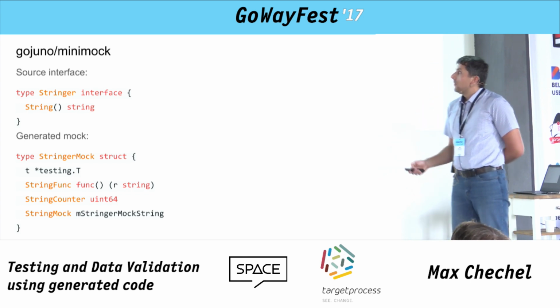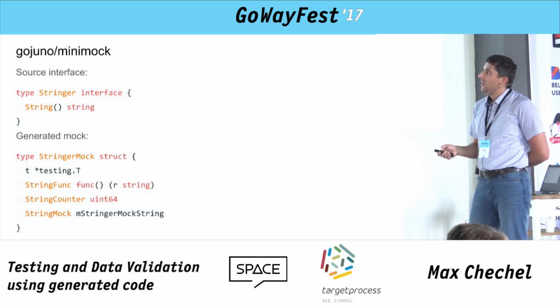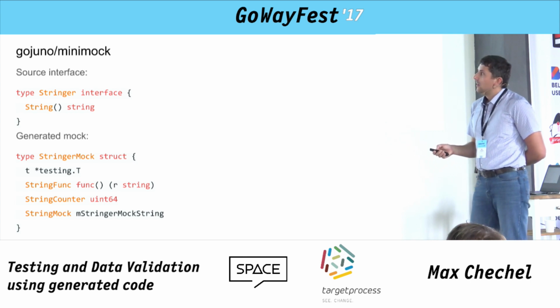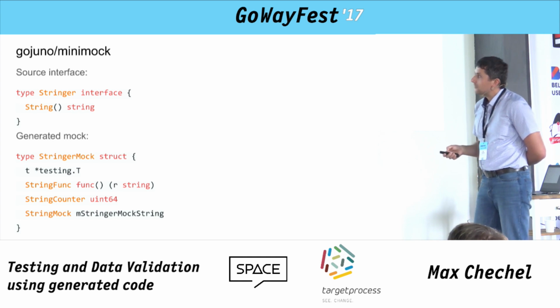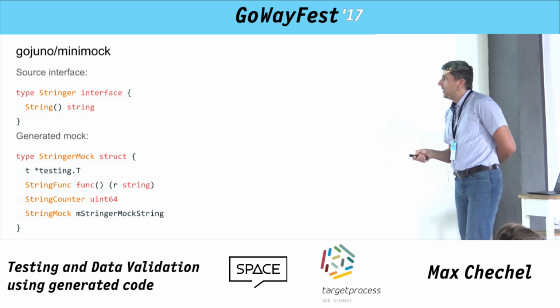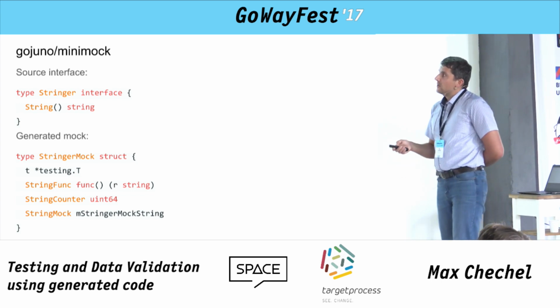So it generates for you a structure with a StringFunc property. And the type of this property is actually a func with the same signature as in the original interface. It also generates an execution counter and a proxy structure to initialize your mocks